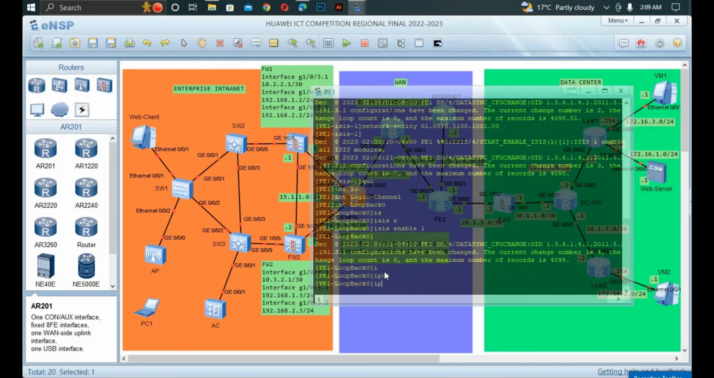Sorry, we've not configured the authentication mode on that loopback 0. So ISIS authentication MD5 ICT exam. Then enter interface gig 1, ISIS enable 1. Authentication is that. So let's see. Quit and